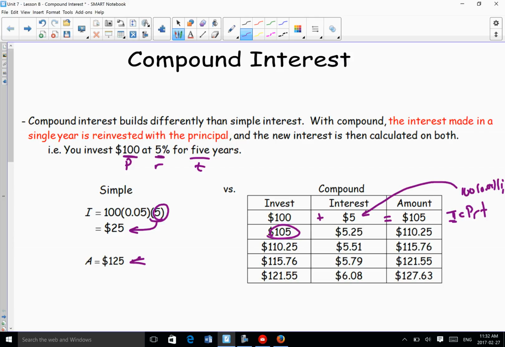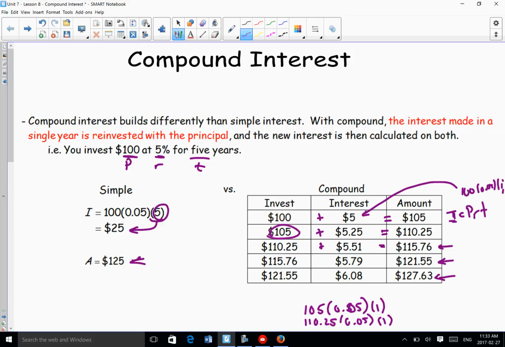We do the calculation again, 105, 5%, for 1 year. That makes us $5.25 now. We add it in, and we're up to 110.25. We start again, 110.25 times 0.05 times 1 gives us $5.51. Add it in, and we're up to 115.76. And we do it again and again, and by the end of the 5 years, we now have